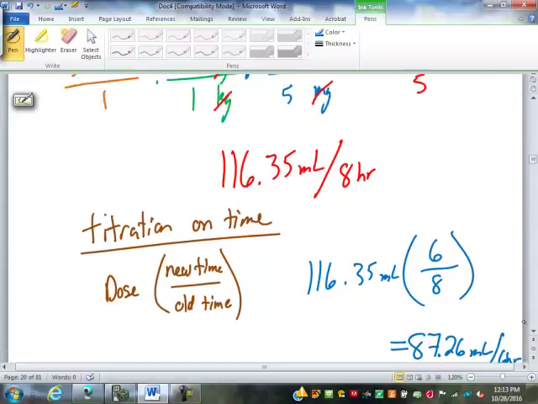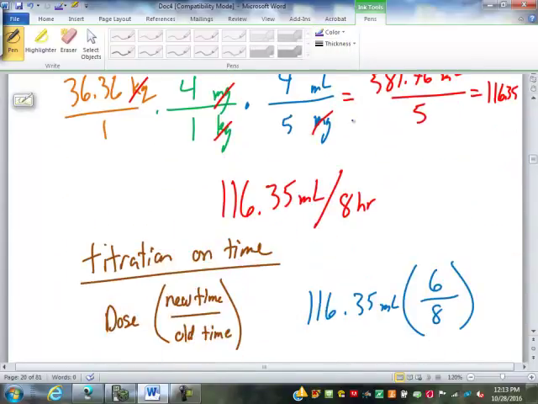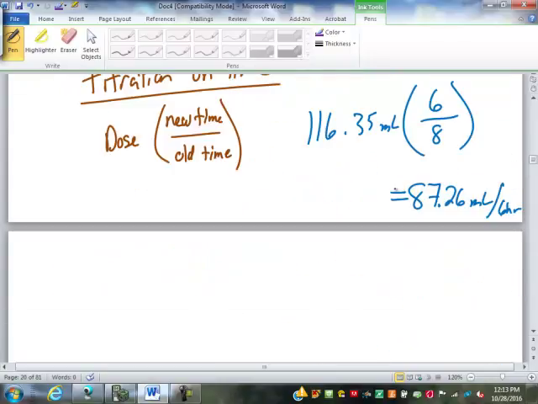Well, that is the maximum dose. That's the highest dose. 87.26. Still got to do the minimum dose. So now we can do a titration on that. 87.26